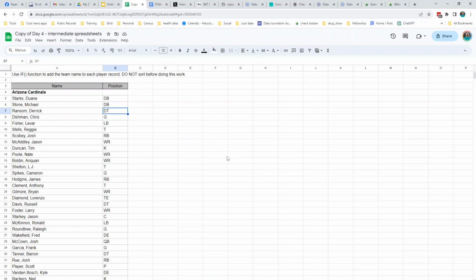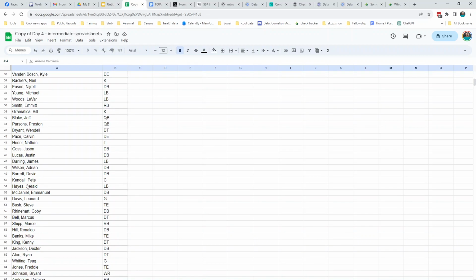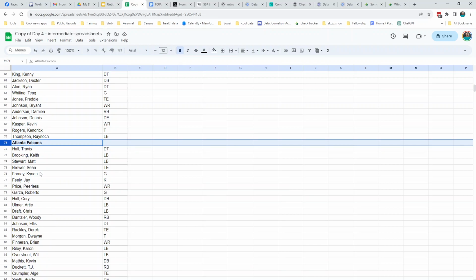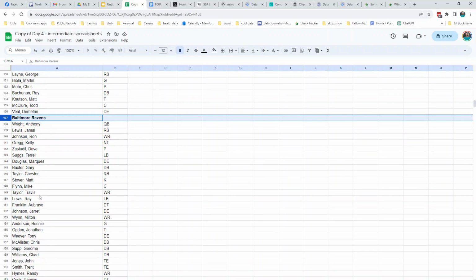This is something I see sometimes with population data, where it lists the name of the state and then all the cities in that state, and then another state and then all the cities in that state. Here, this is an old roster of team members. It's listing a football team and then all the players on that team. And then here's the Atlanta Falcons, all those players, and then the Baltimore Ravens and all those players, and it